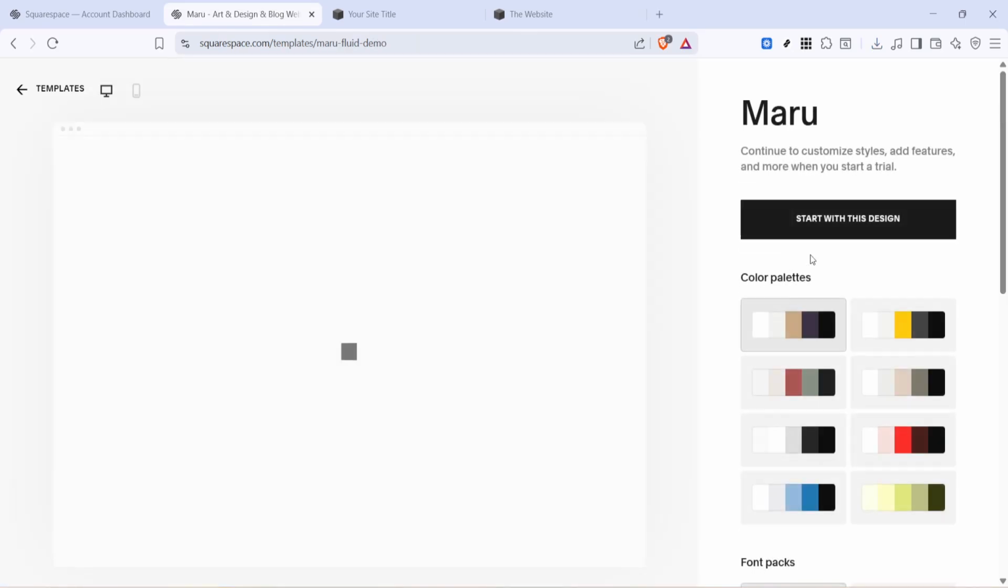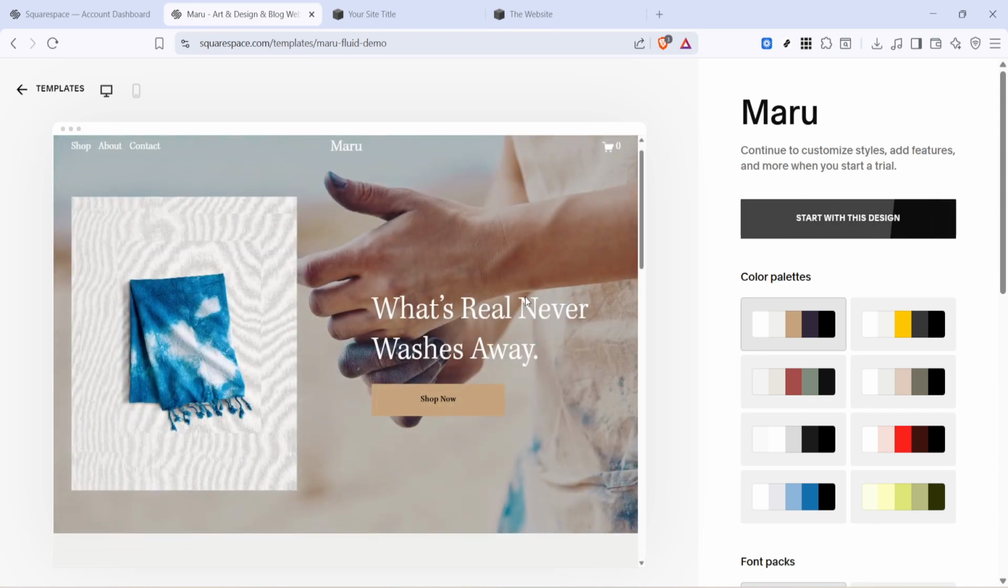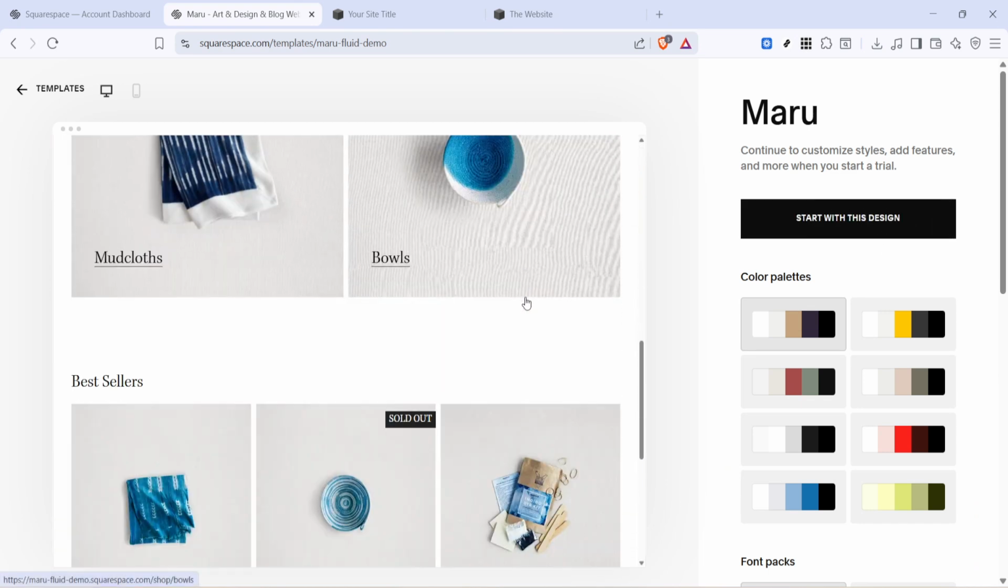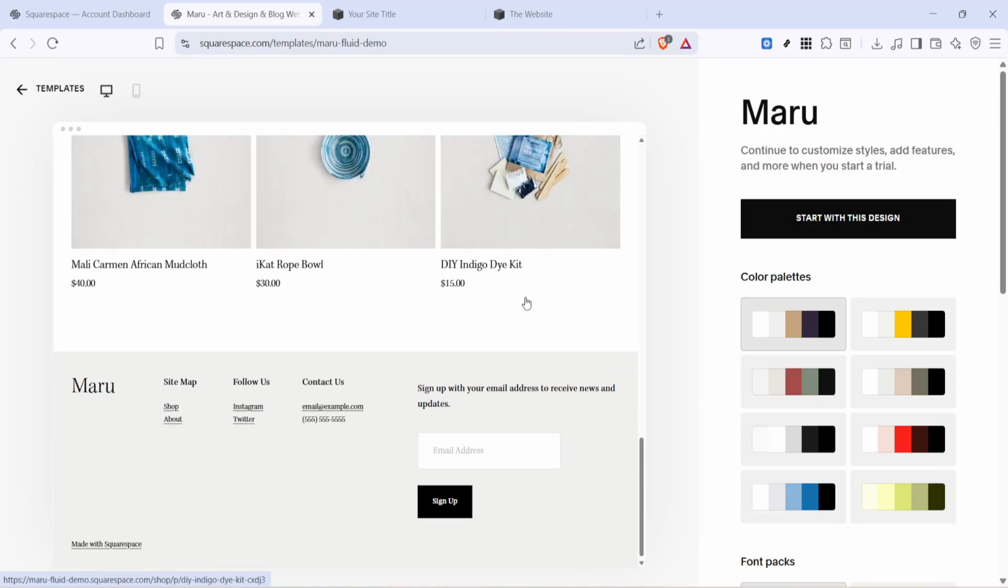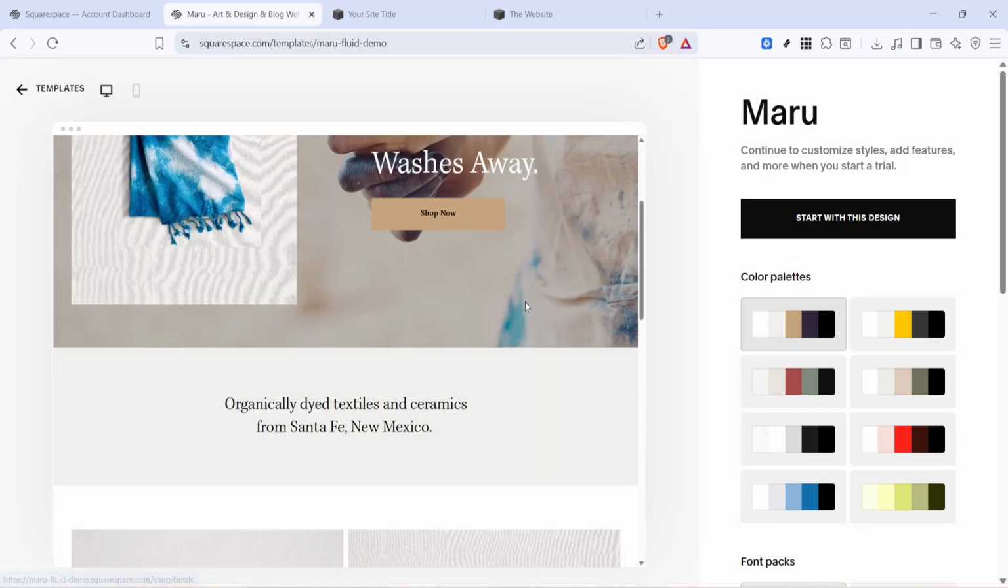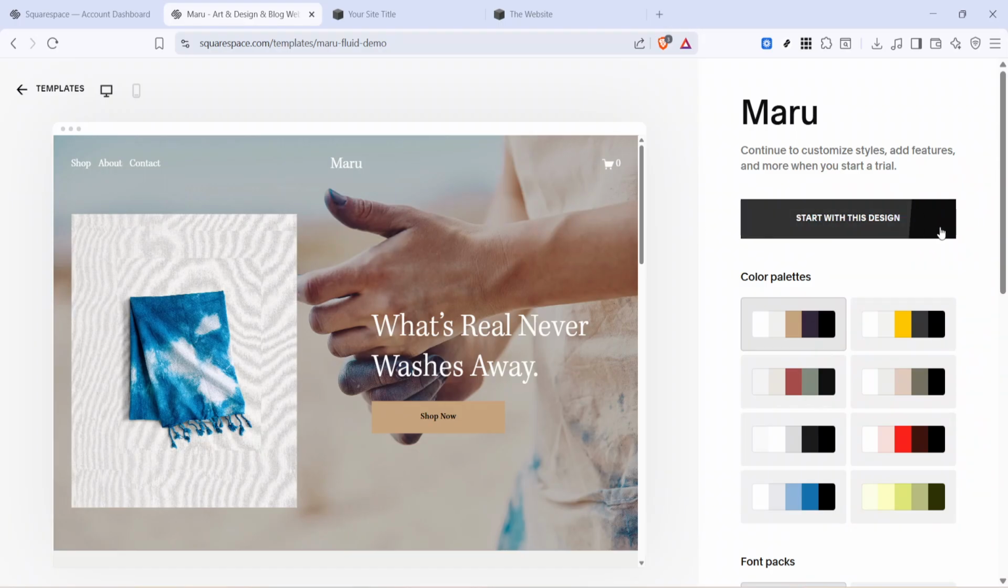Now, select a template that catches your eye. Open the preview and scroll through multiple pages: the home page, a product or project page, and a contact page. You're not locked in at this stage, so focus on structure over sample content. If the flow matches your vision, click